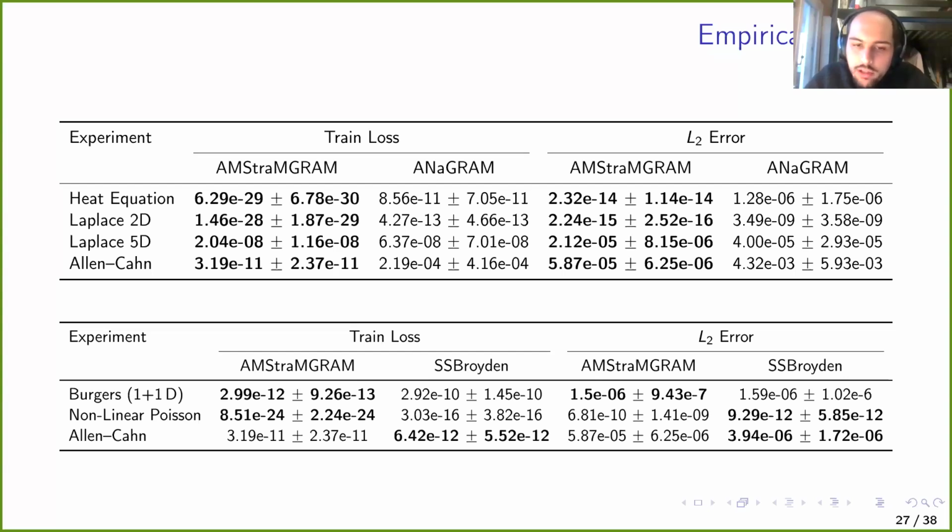Yes. Just in the case of SS-Broyden, it's with the boundary condition enforcement, while we don't. In fact, we tried to modify your code to have something that is fully comparable, but